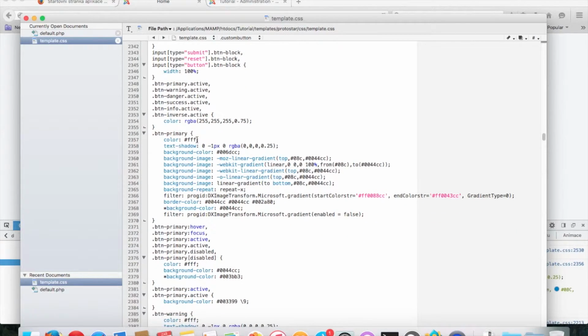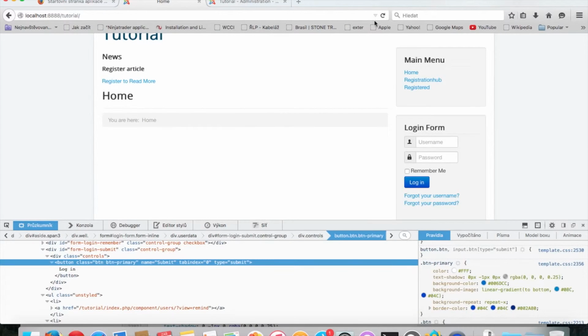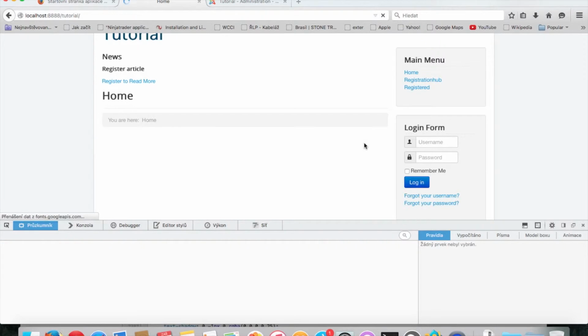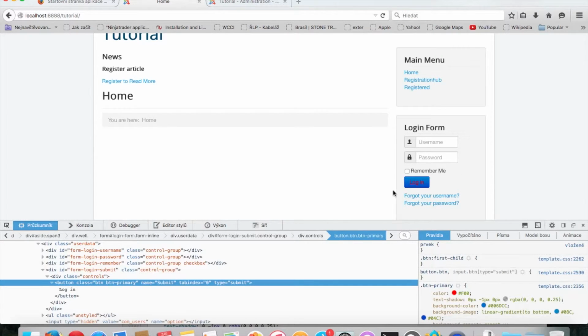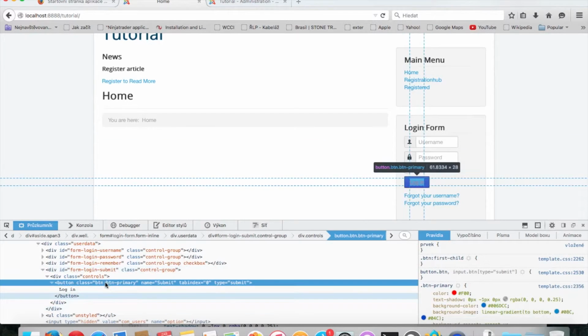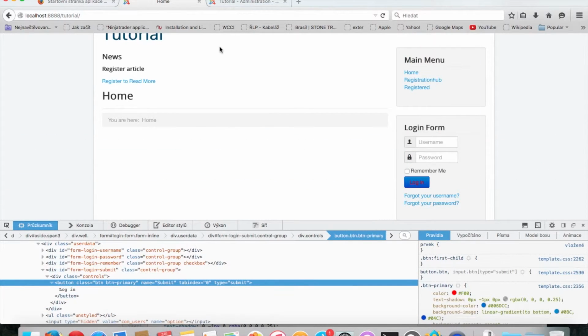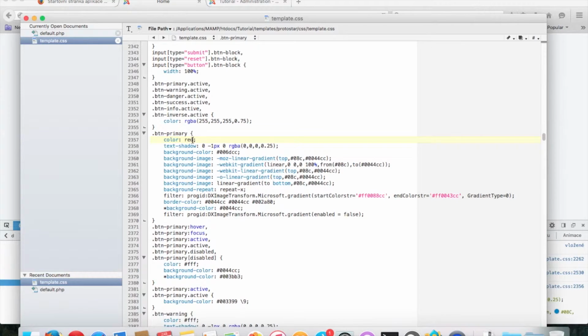Here it is. For example, you can change the color to red, for some reason, and save it. Now you can see that the color of the text is red. Okay, but if you don't want, as I said, to affect all buttons on your pages which have the class btn primary, I will undo this change,